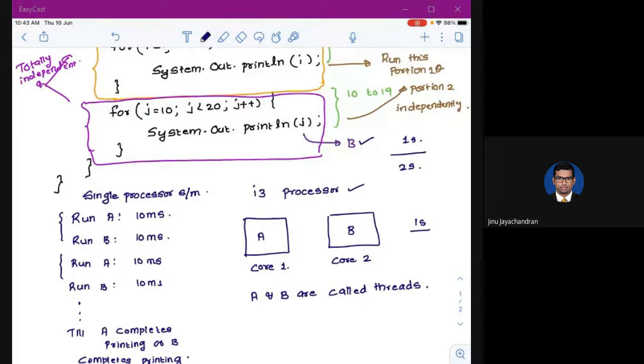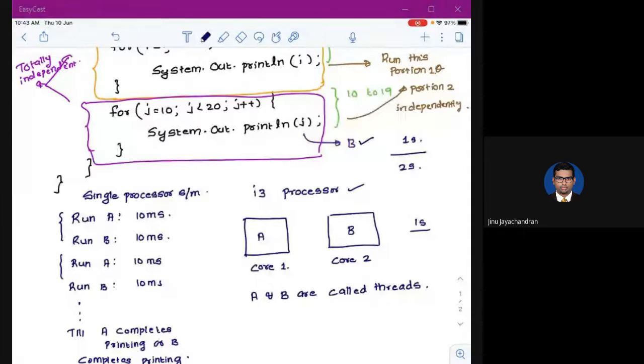So you have reduced the running time from 2 seconds to 1 second, which is a 50 percent reduction. So you have made the program faster. This is called multi-threading. So multi-threading, multi-processing, multitasking, they are all, you can say, interrelated.